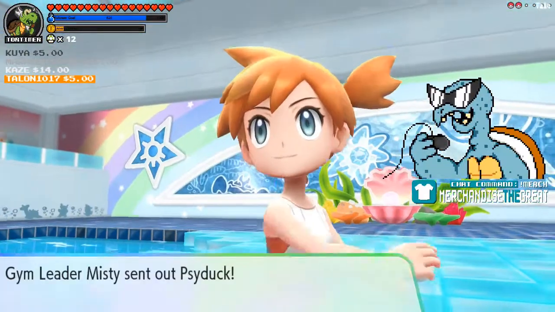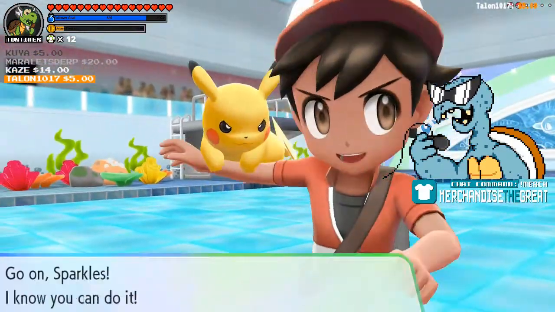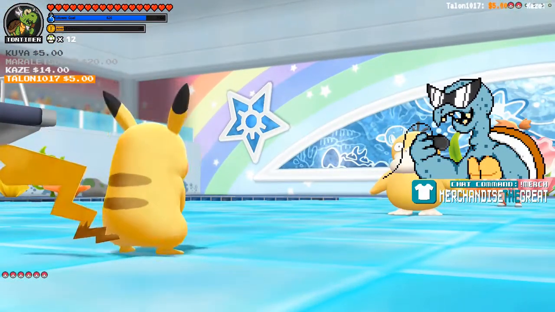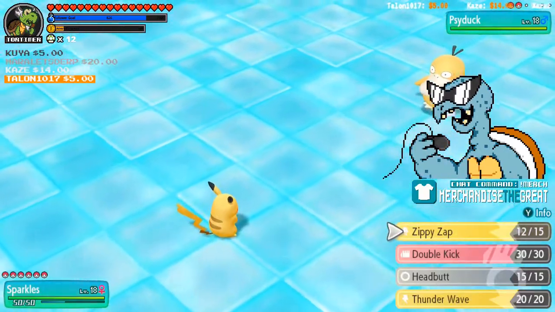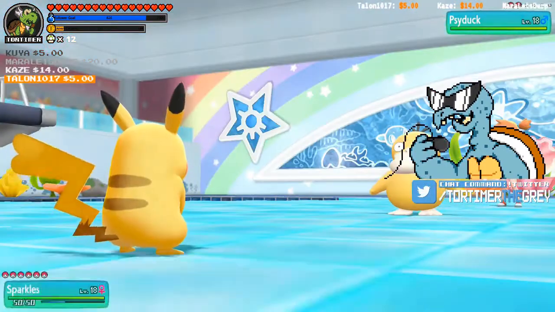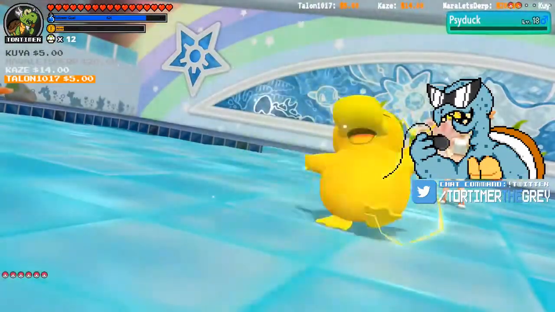What about Gym Leader Misty? Psyduck. Psyduck! I like that she has her Psyduck. I wonder, did she have her Psyduck in Pokemon Yellow? I feel like she might have, I guess. Yeah, the Psyduck was such a big part of her anime appearance, and Pokemon Yellow is supposed to be more based on the anime than...